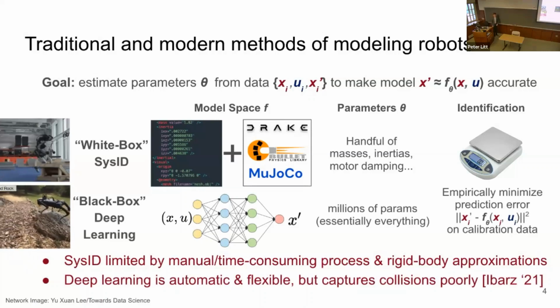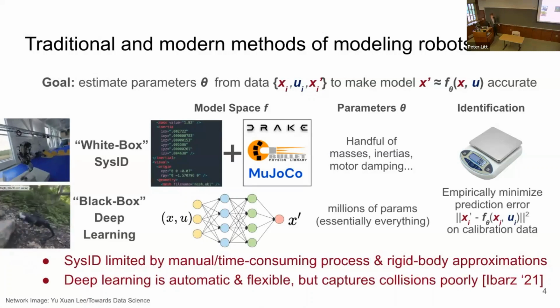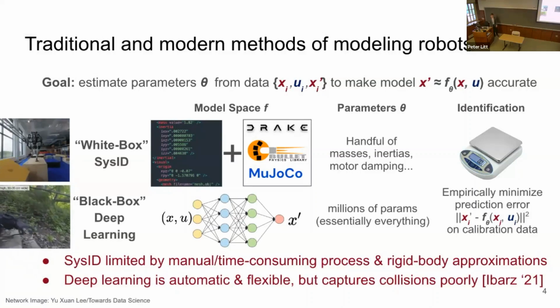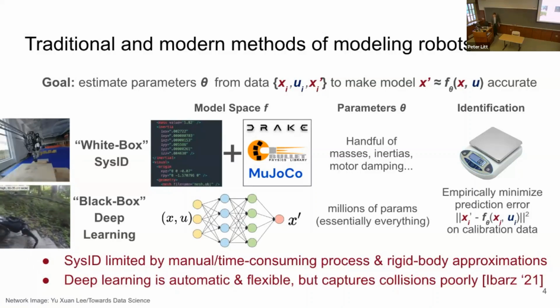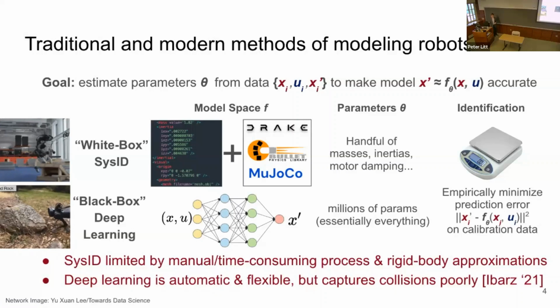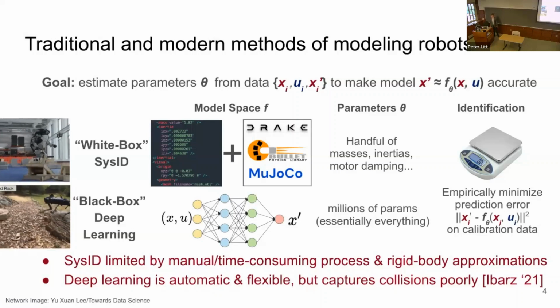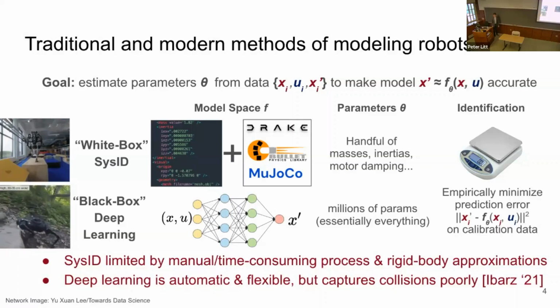These methods typically use very flexible architectures like deep neural networks that could have up to millions of tunable parameters. And this large dimensional parameter space gives them the flexibility to fit any calibration data. And because they can do that, they are chosen empirically to match that data as closely as possible.